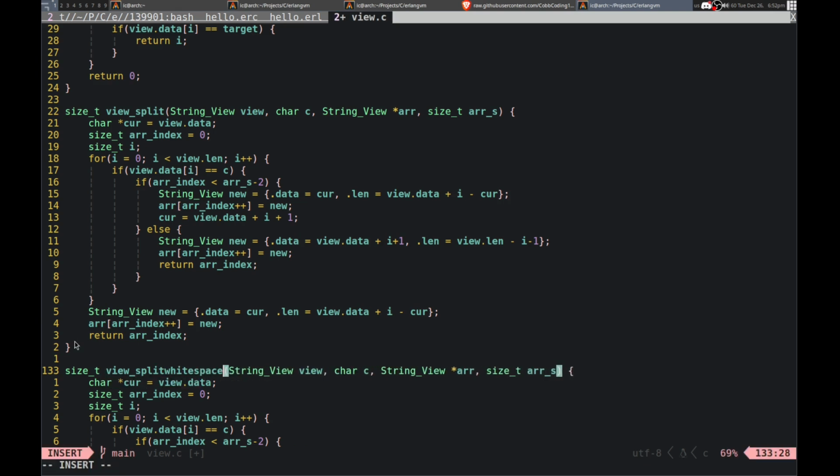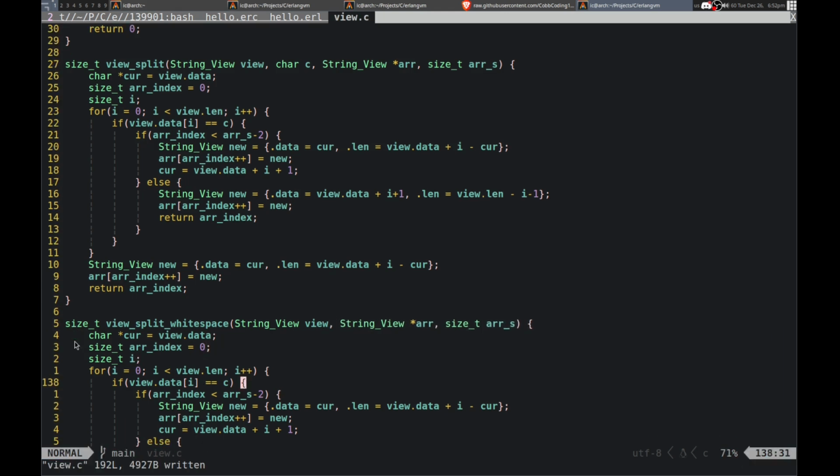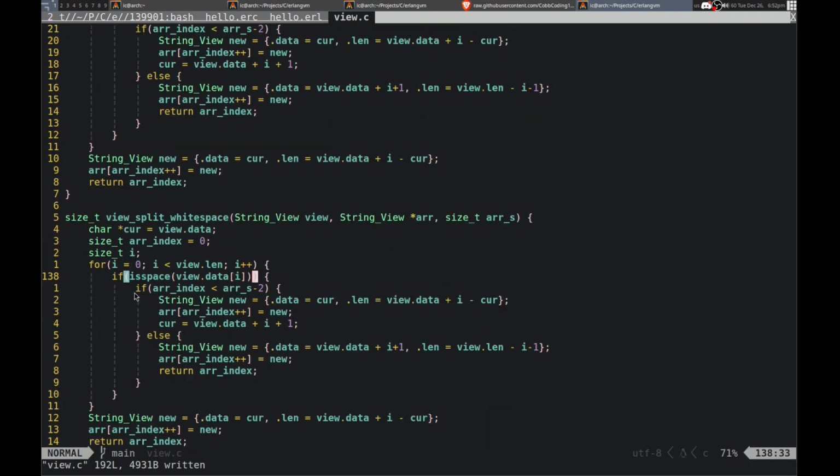Split white space. There we go. We don't need a character then. And then just if is space, this. Then that will trim by new lines and everything like that as well. So, yeah, I think that's basically it. Let me try that.